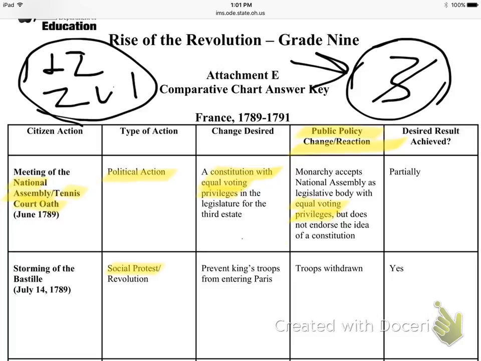Okay, so the people of the third estate, and actually some of the first and second estate, had moved over as well. They had joined the third estate. So all these people who are unhappy with the type of government that's going on start to become nervous that the king's going to send troops. So they storm the Bastille. The Bastille is just this big building that holds supplies and all sorts of things like that